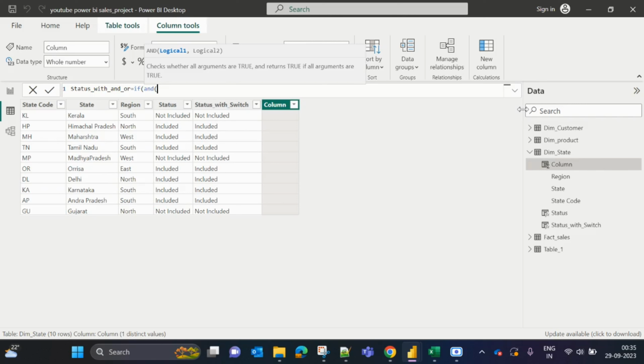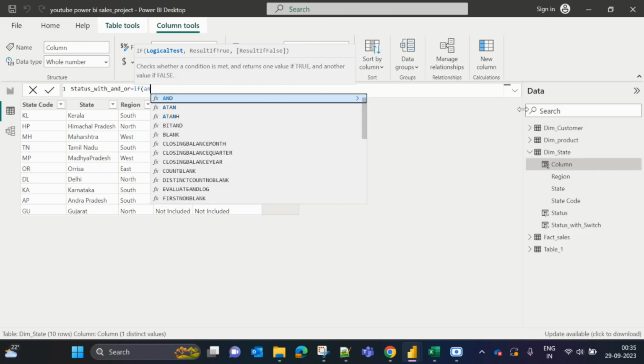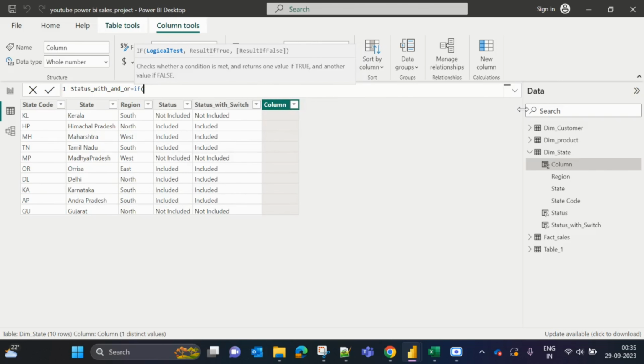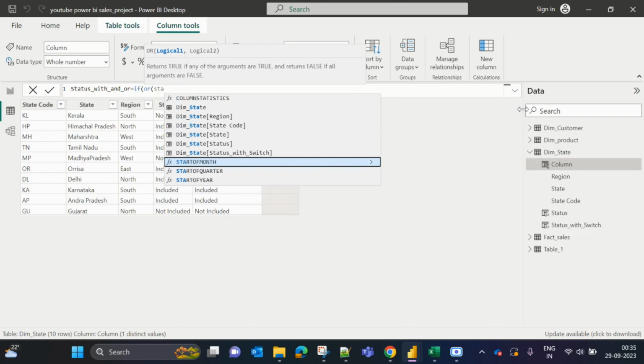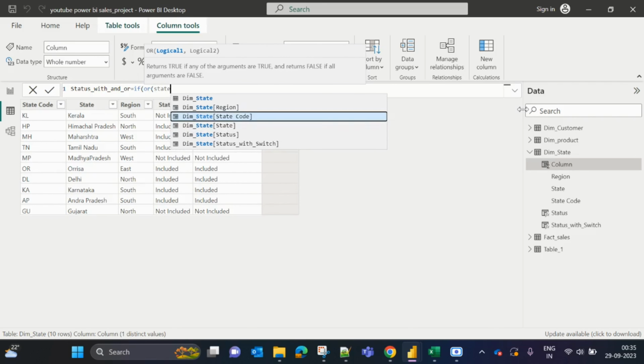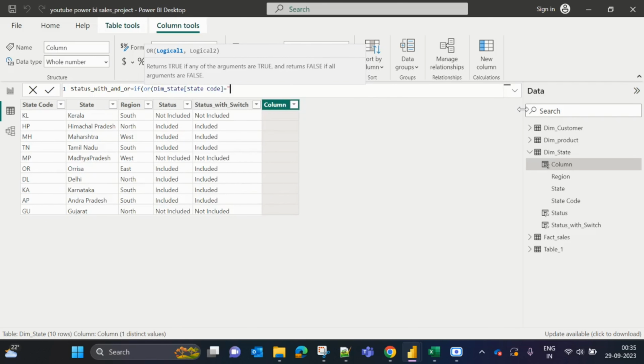No, first you have to start with the OR condition, and it will iterate over here. So I'm writing the OR condition. First condition is state code equal to KL